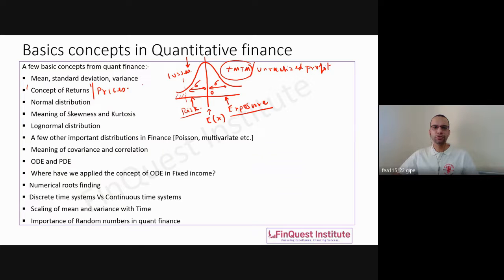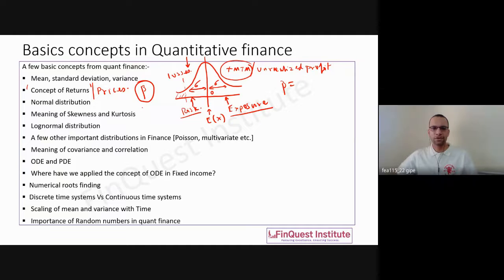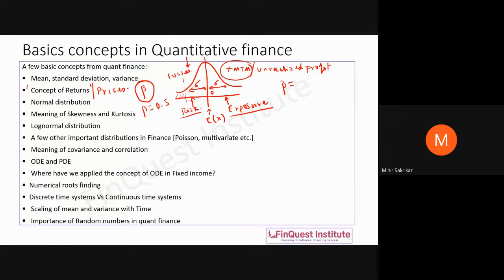So have you been introduced to the concept of beta? Yes, sir. Okay. So how do you calculate beta? So firstly, what is beta? Beta is a market risk, that is, how a particular share incorporates a market risk factor in its equity. Okay. So if beta is equal to 0.5, how would I interpret this? Sir, it could mean that for every 1% change in the stock market index, there would be a 0.5 percentage change in the underlying security. Correct.